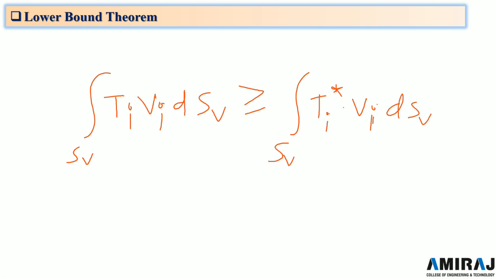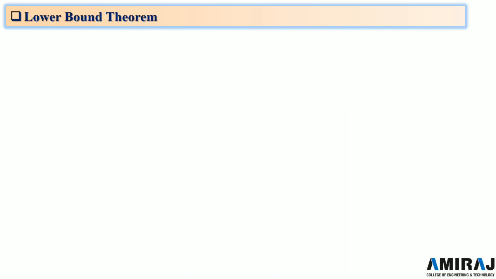The constructed stress field may include an unknown parameter whose optimum value may be determined by optimization of the above equation. So this is the equation for the lower bound theorem, and this information is sufficient about the lower bound theorem. So this is it for